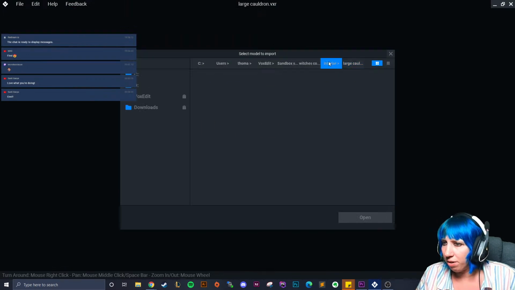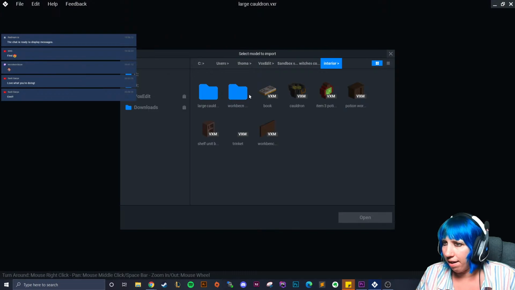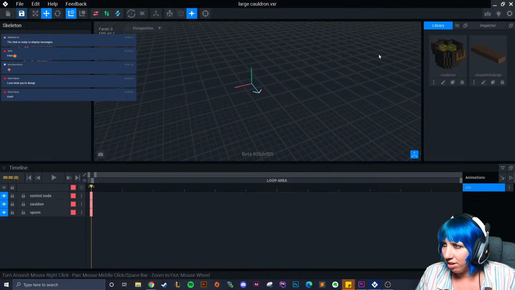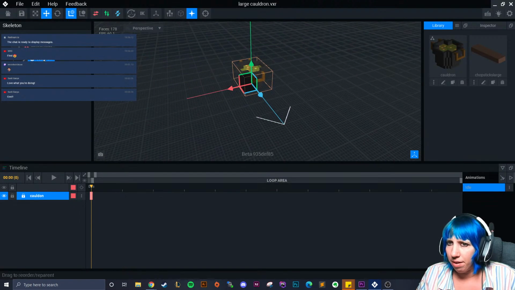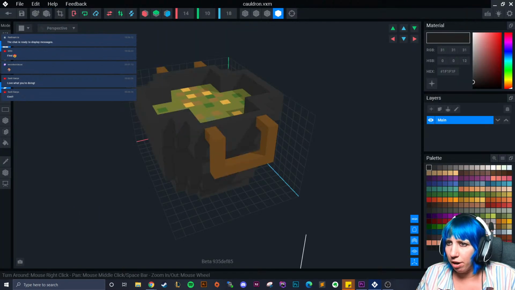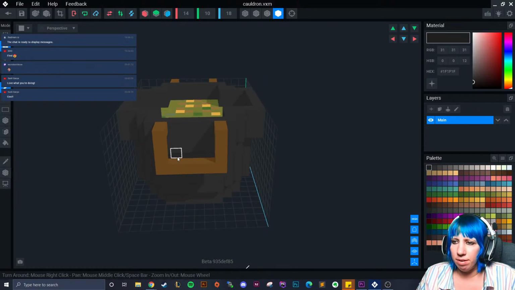Right, import. So we're actually just going to go here. Get this cauldron while we're at it. And, I mean, really big enough. But this is what I mean. So we're moving the cauldron here. And I'm going to go in. So you can't just make it really... you can't just...